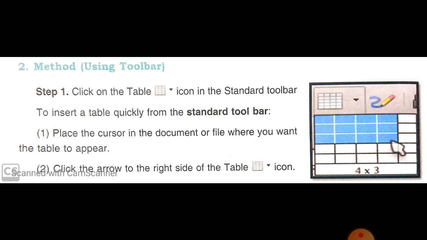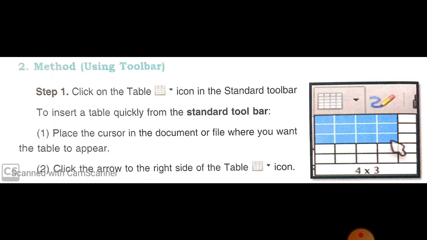Click the arrow to the right side of the table icon. Now step 3. In the drop down grid, select the number of rows and columns for the table. Step 4. The table will appear at the location of your cursor as shown in this picture.